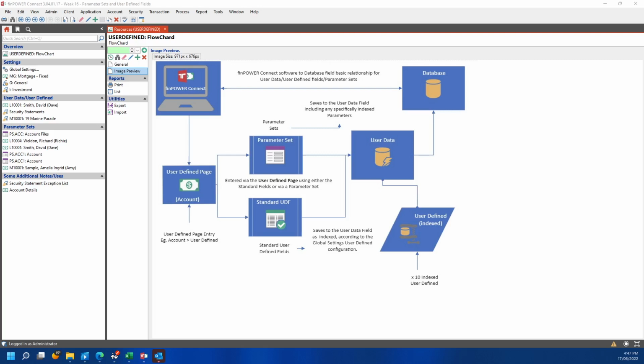There are two main ways of utilizing user-defined fields and user data in general. This is by utilizing the standard user data defined details located in global settings or via a parameter set. For now, we'll concentrate on the standard fields and where they're set, and one way of how to find your data once it's all set up. So starting with the settings,